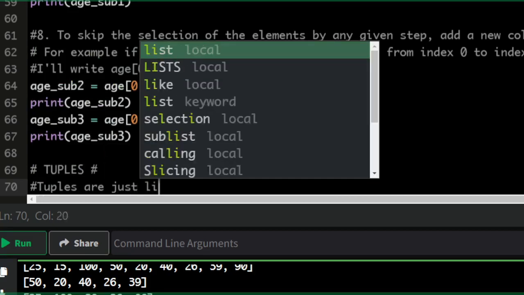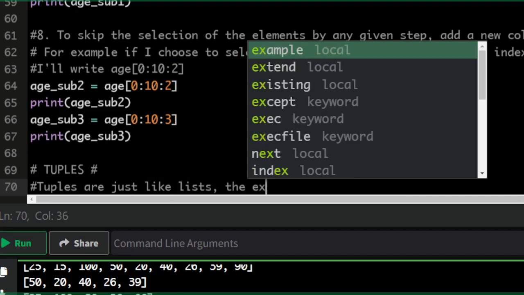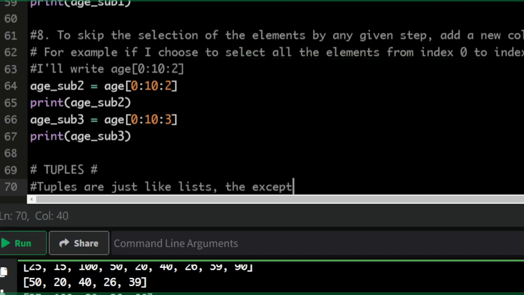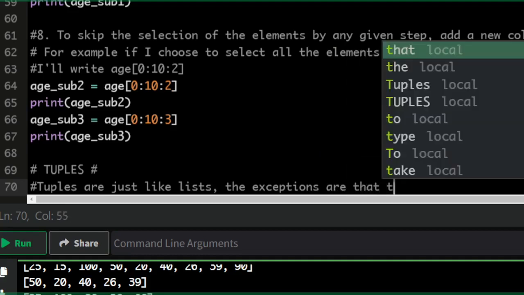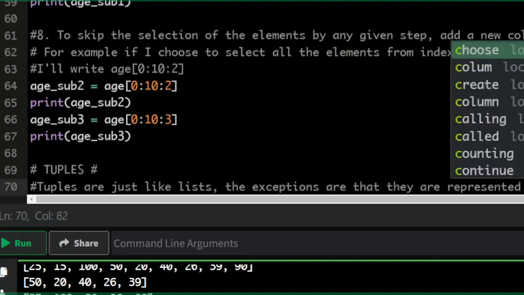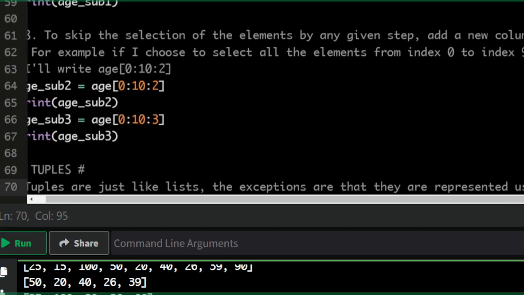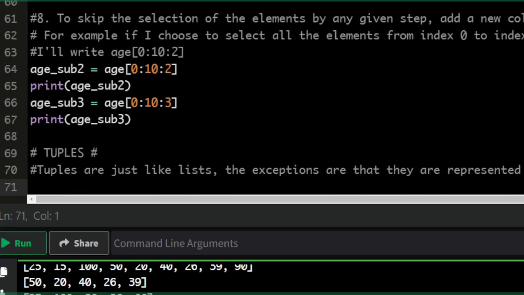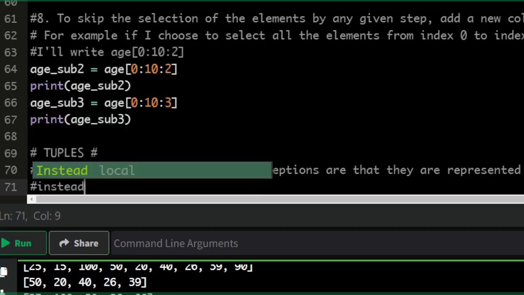Tuples are just like lists. The exceptions are that they are represented using curved brackets instead of